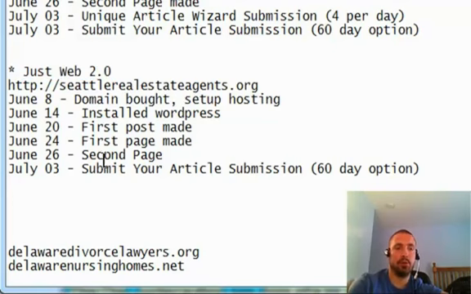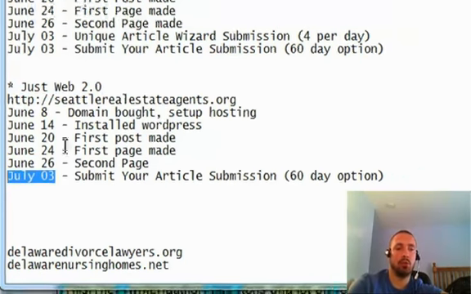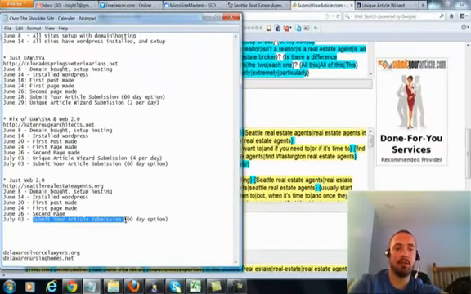Alright, so today is July 3rd. It's been about 3 weeks since I installed WordPress, and I'm now doing my backlinking. Usually I start backlinking a little earlier than 3 weeks after I install WordPress, but like I've mentioned before, waiting a little longer is totally fine. Waiting a lot longer is actually totally fine, but it's just going to take you longer to rank.